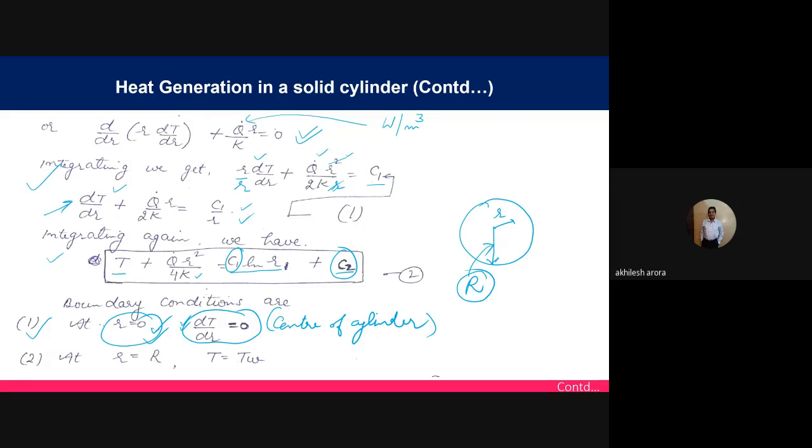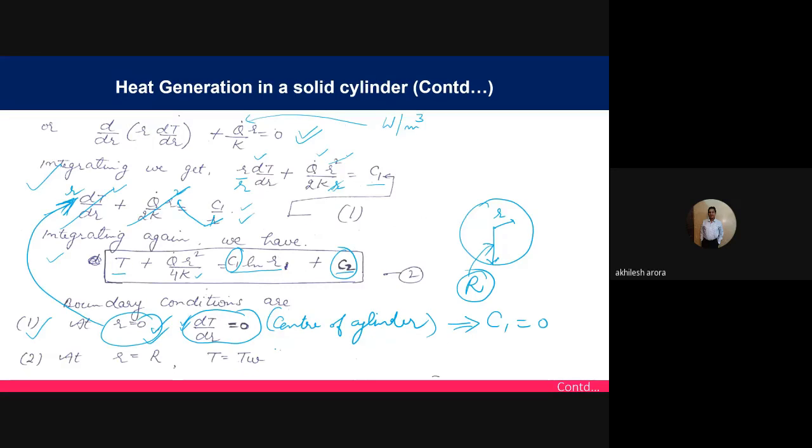So we have to go back to this particular equation here. Now you see it here, you put the value of r equal to 0. So before putting the value of r, you can multiply here by r, so it will become r, and here also you will get the r, and this r will not be there. So when you put r equal to 0, this term will be cancelled, this term will also be cancelled, so c1 will come out to be 0. So basically when we apply this particular boundary condition, c1 is equal to 0.